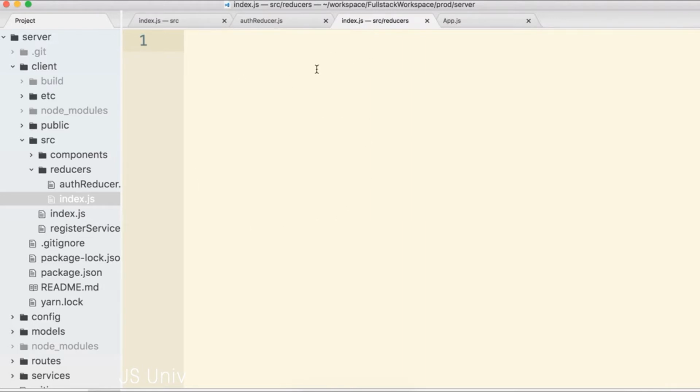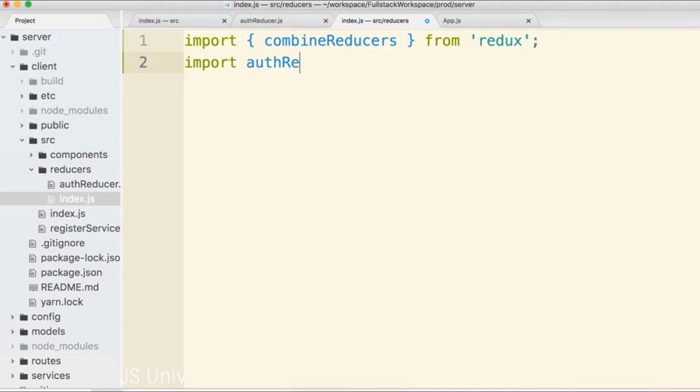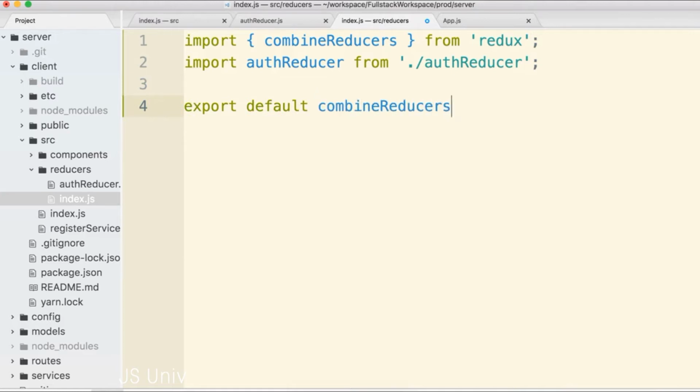from this file. So at the top, we'll start by importing combineReducers from Redux. We will then import the auth reducer that we just created as authReducer from authReducer. And then we will place our combineReducers call and immediately export it. So export default combineReducers. I'm going to pass an empty object in, and then we're going to wire up the auth reducer inside of